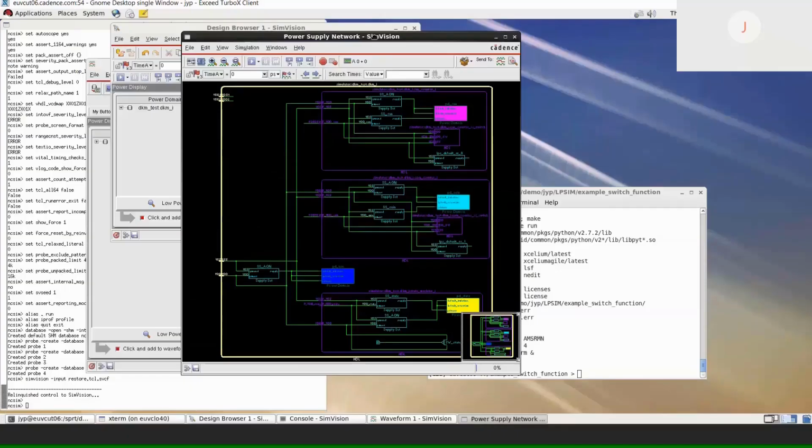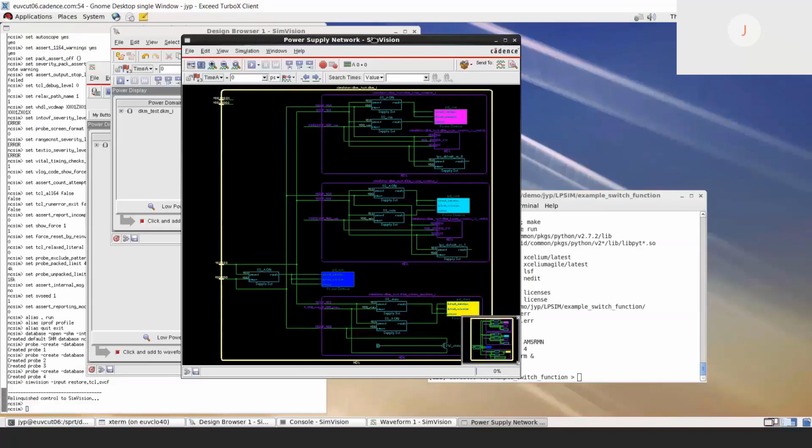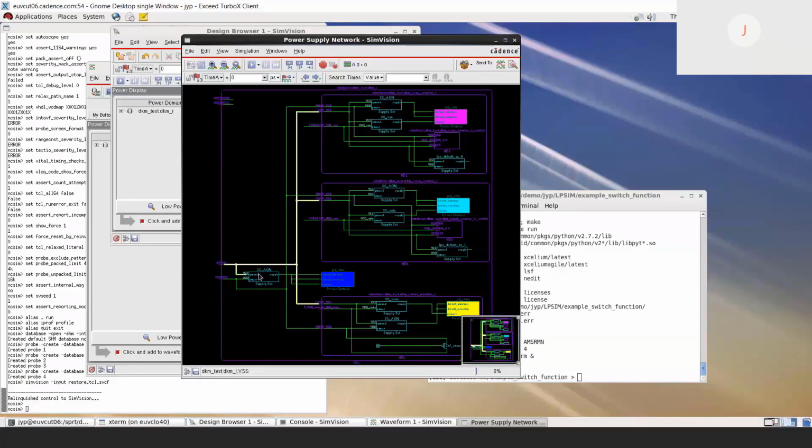Just wanted to show you something. So for example, each time you end up in your power supply networks, this is what you will see. You will see a supply network topology. You will look at your supply port, which are there. You will see your supply net. You will see your supply set. You will see the connection to your domain. If you've got a power switch in your UPF, you'll be able to see your connection, meaning the in port, the out port, and the HDL control. And of course, the elements could be entered again in a supply port and so on and so forth.